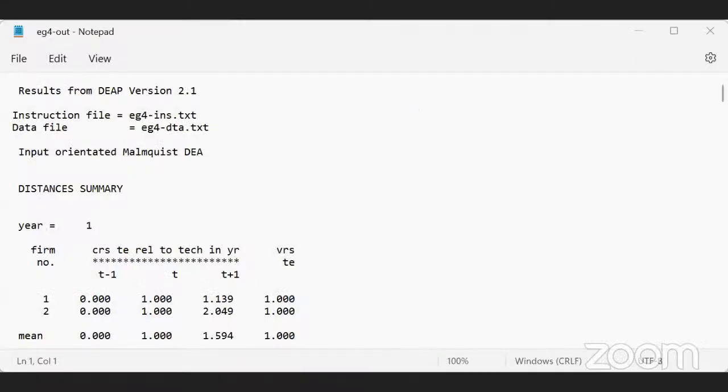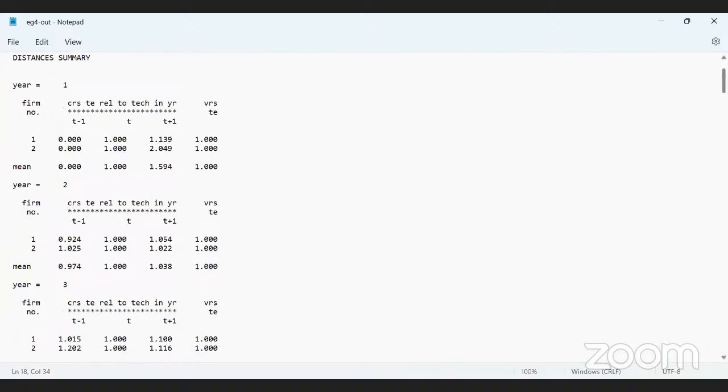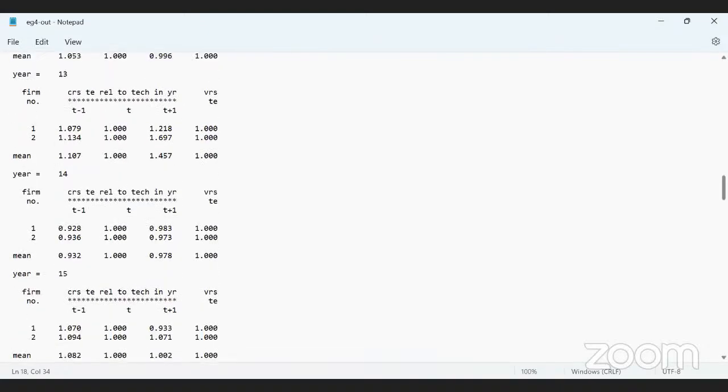This is the output file which I get from there. This shows the year-wise technical efficiency from year T to T plus 1. For the first year, that is year T, it is always assumed as technically efficient, 1. For the second year, it will measure the change from the previous year. And lastly,